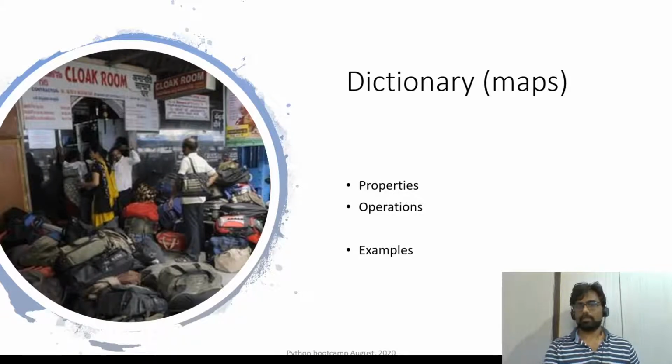Then dictionaries, as we have discussed a lot about this. A dictionary is something where you have a key and value, and remember this train station. If you remember the train station, almost all the data types can be seen there. The bogies are like lists, and a dictionary is like the cloak room.